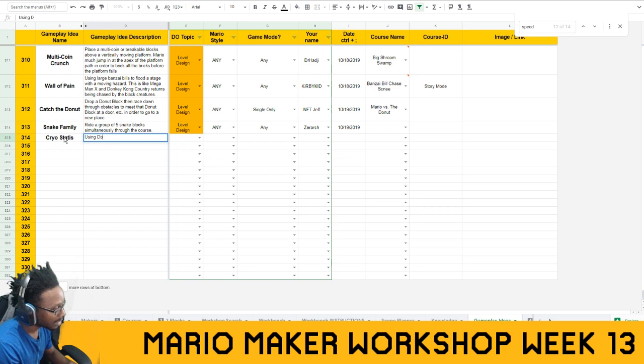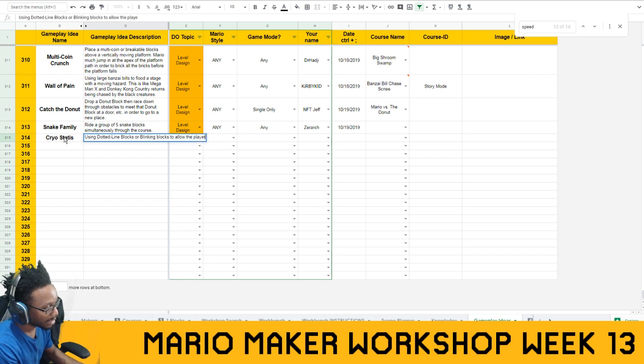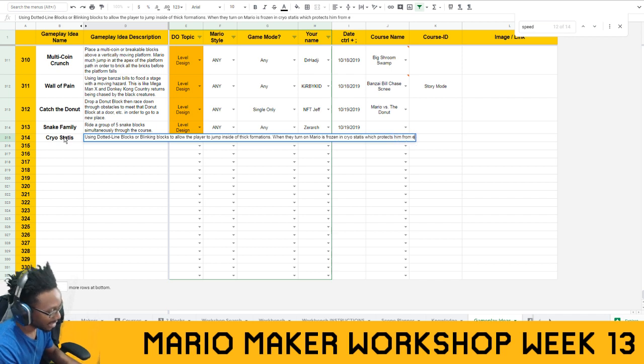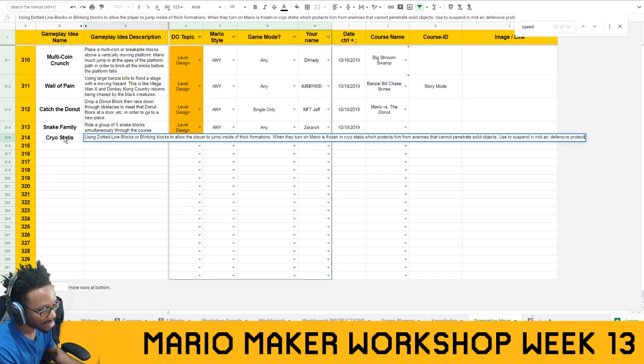Using dotted line blocks, gotta use the official terms, or blinking blocks to allow the player to jump inside of thick formations. When they turn on, Mario is frozen in cryostasis, which protects him from enemies that cannot penetrate solid objects. I didn't know that bullet bills in this game, I guess, don't penetrate solid objects. I'm not sure what's happening. Used to suspend in mid-air, defensive protection, or